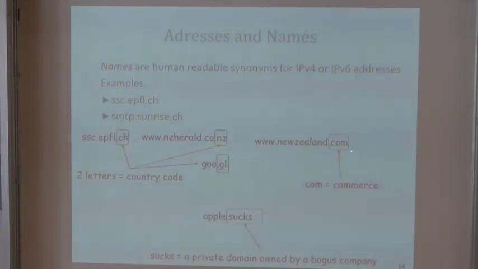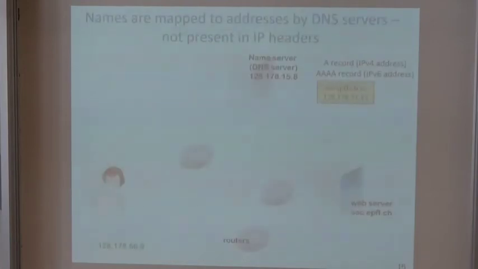So at the origin, there were a small number of domains, like the .com and the .ch, and now anything can become a domain if you pay enough money. For example, somebody paid for the .sucks, which is just a way to do blackmail on companies, which is one of the problems of those names. Now, an important thing to realize about names is illustrated in this little diagram.